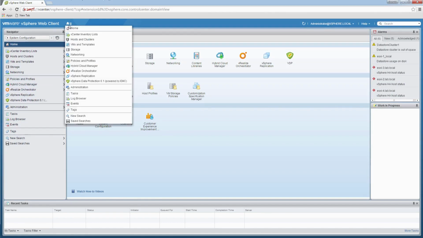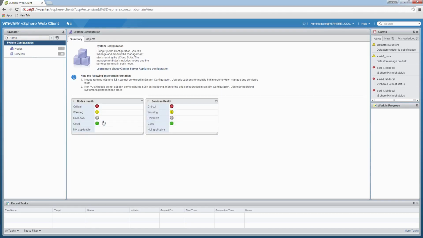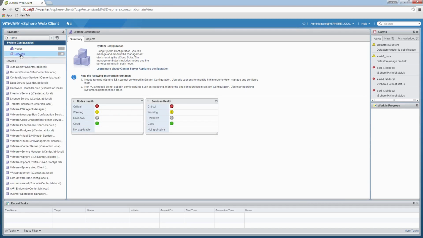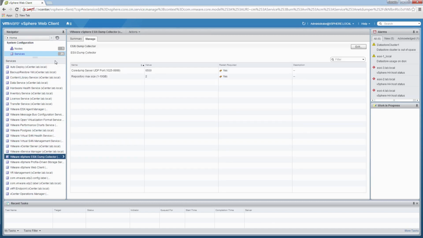Okay, I am at home here. If I go to administration at the bottom, then system configuration, and if I go to services now, I should see the Dump Collector service in here almost to the bottom. So if I click on the Dump Collector service there, we just have two configurations here. So if I hit edit over on the right,